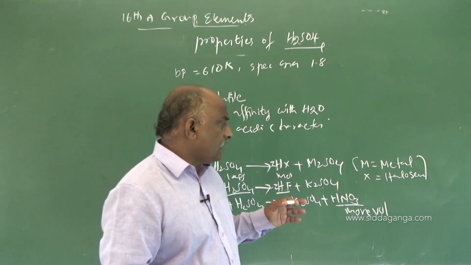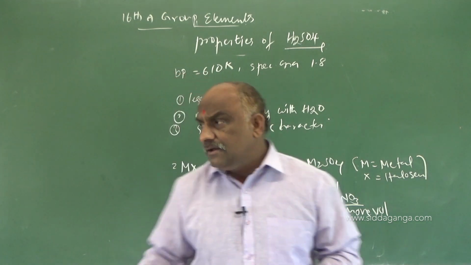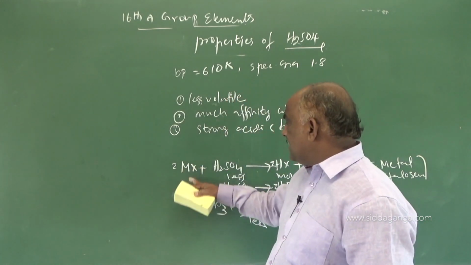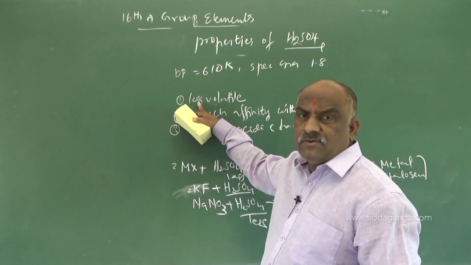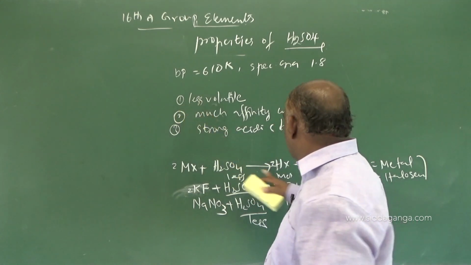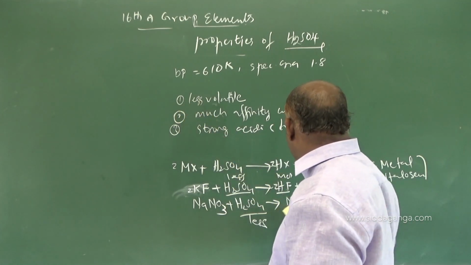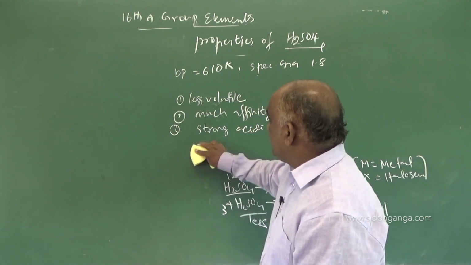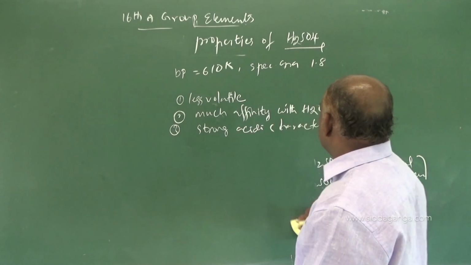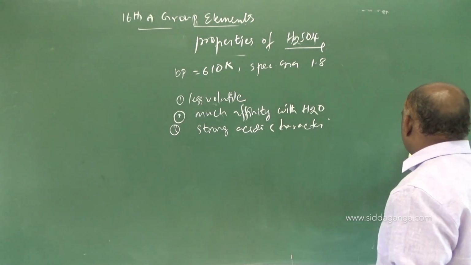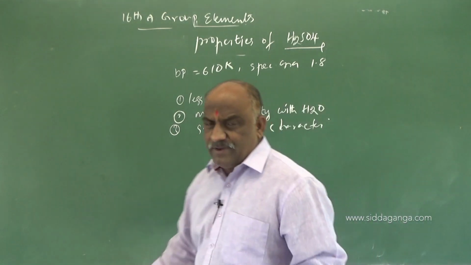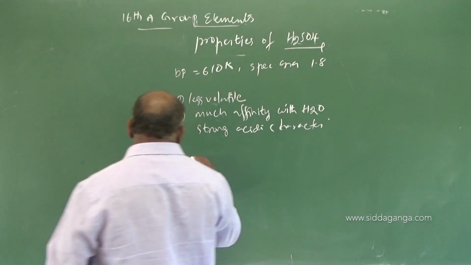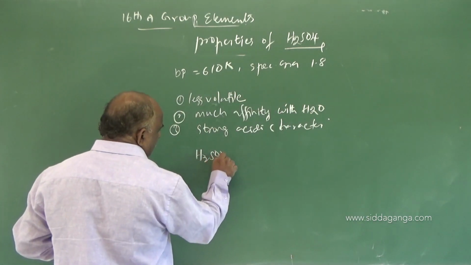From an examination point of view, this was an important question, and it was important from an entrance exam point of view also. Here, property number 1 is based on being less volatile: we have to prepare more volatile compounds, those are HF and HNO3 or HCl. And the second property is its much affinity with water, meaning where water molecules are there, if there is concentrated sulfuric acid, H2SO4,